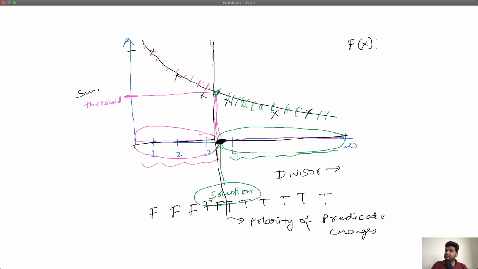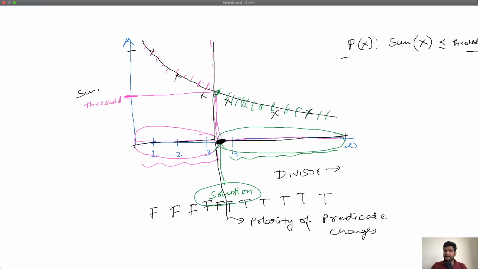So can you use that as your criteria for differentiating the pink bubble from the green bubble? So what will be the criteria in that case? The criteria will be that the sum of the array with that divisor x, I need a true for this, so it should be less equals threshold.